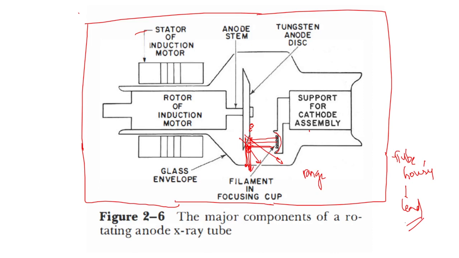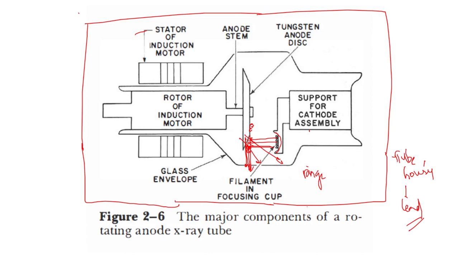If we do not make this tube housing out of lead, then the X-rays will come out of the X-ray tube and they are actually radiation, right? They will cause film fogging, obviously, and at the same time they will increase the radiation exposure to the patient. To prevent that,